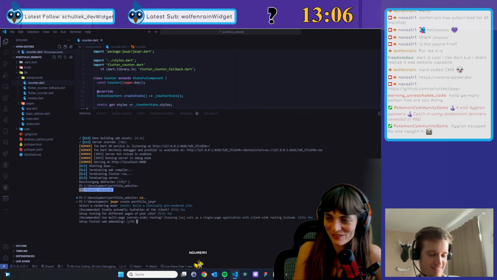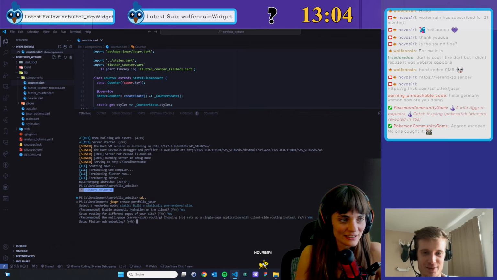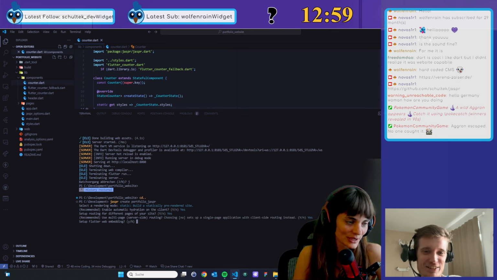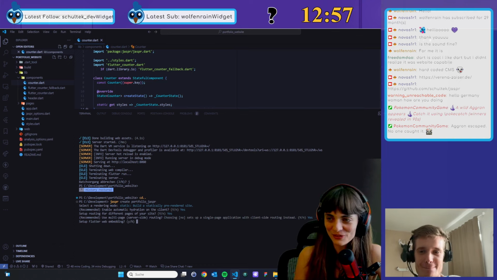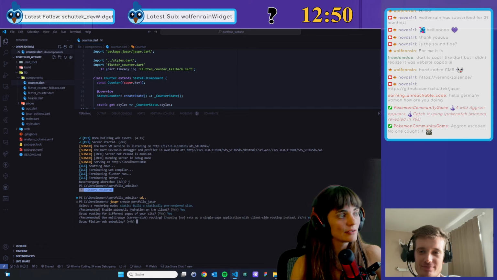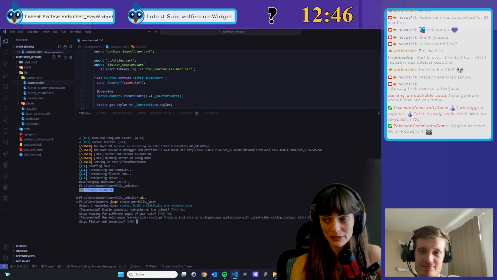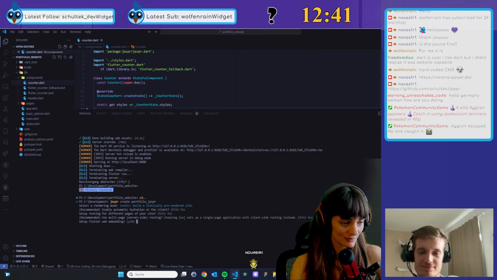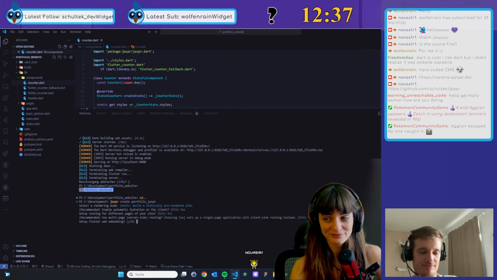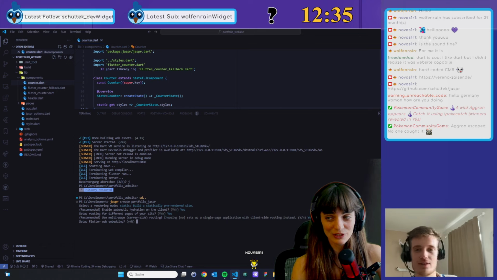Flutter web embedding. Do you want to have a Flutter app in your website? Yes, of course. Yeah. I don't know which one yet. But are there any drawbacks? No, not really. I tried Flutter web embedding recently, last week. I failed miserably because I hit a bug or something. I ended up using an iframe in the end. But I mean, we can try if you would want. I would love to try again.